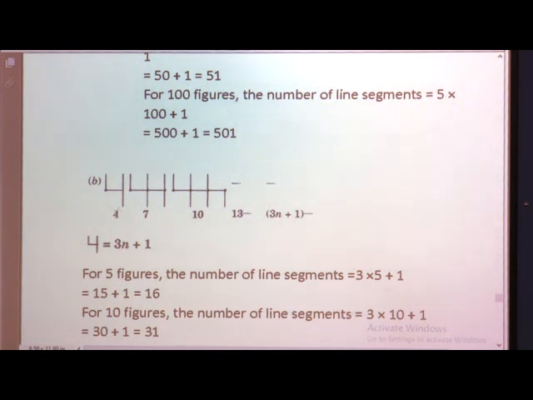For preparing this type of pattern, here we have 1, here we have 2, here we have 3, and we can go on for as many patterns. So we are using the formula 3n plus 1. To form a pattern, if we want 10 similar patterns, we use the same formula, and in the place of n we write 10. So 10 threes are 30 plus 1, which means you require 31 segments to form such a pattern.